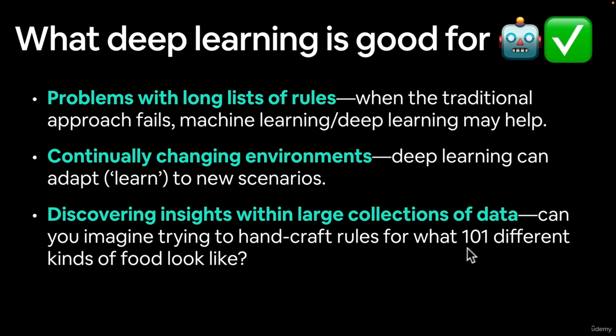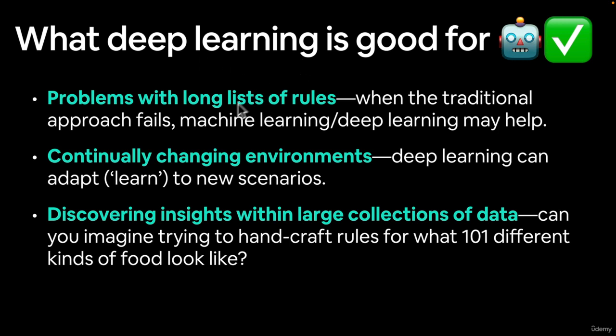One of my favorites is the Food 101 dataset, which you can search for online, which is images of 101 different kinds of foods. Now, we briefly looked at what a rule list might look like for cooking your grandmother's famous Sicilian roast chicken dish. But can you imagine if you wanted to build an app that could take photos of different food, how long your list of rules would be to differentiate 101 different foods? It'd be so long. You need rule sets for every single one. Let's just take one food, for example. How do you write a program to tell what a banana looks like? You'd have to code what a banana looks like, but not only a banana, what everything that isn't a banana looks like.